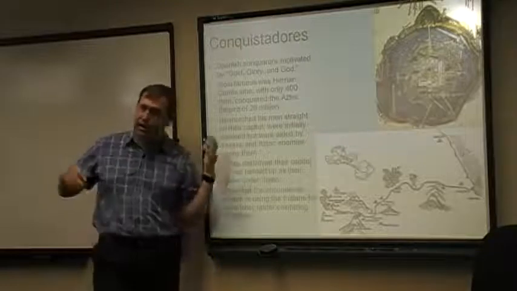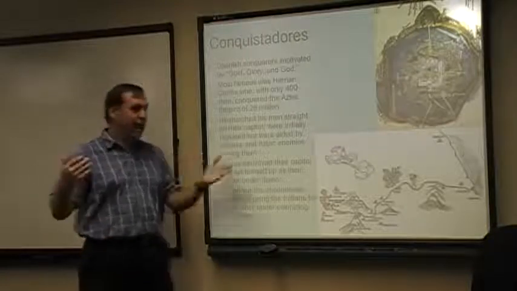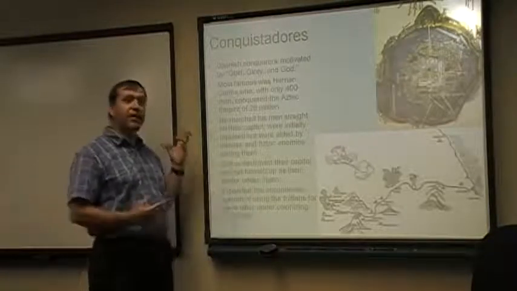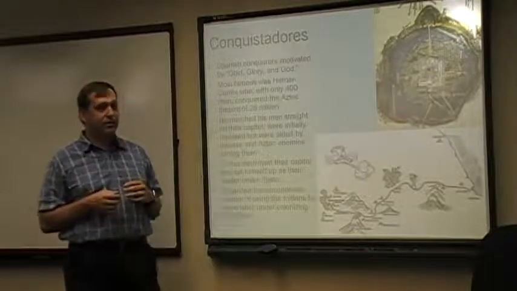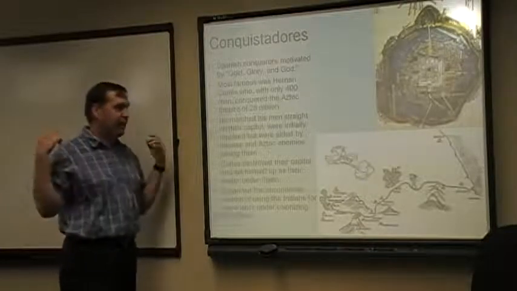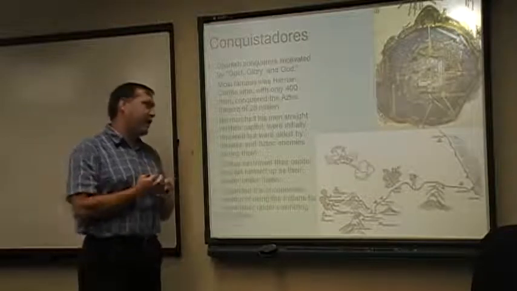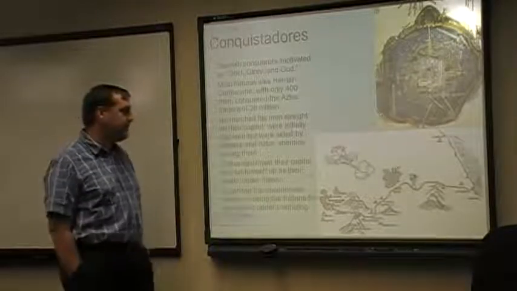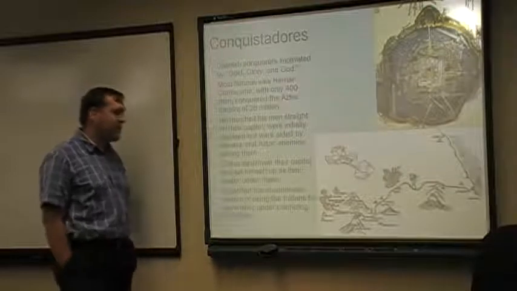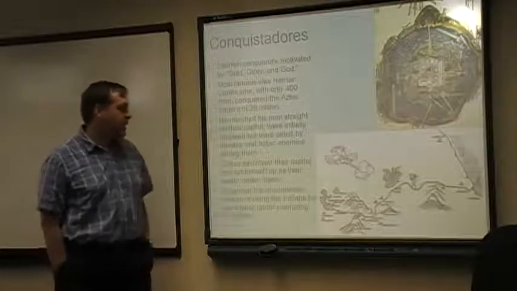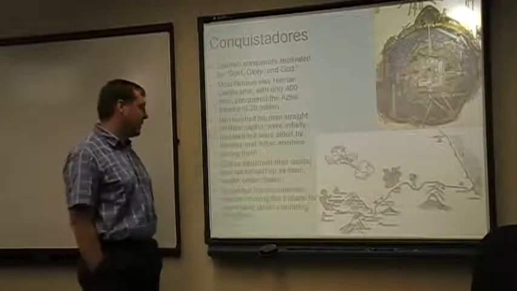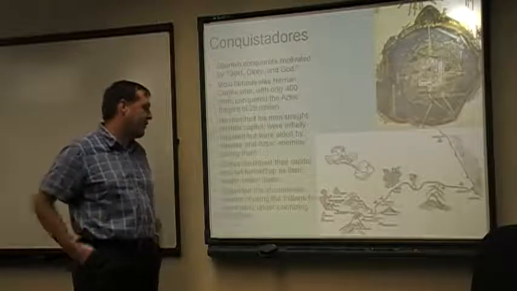Cortez shows up, though. Hey, you guys hate the Aztecs? Yeah. Well, we hate the Aztecs. How about you guys come with us, even out some of the numerical disparity, and we will provide the technology needed to take the Aztecs down a peg. So that's exactly what happens here: the Aztecs' enemies are going to join now with Cortez, and they're going to launch another assault a couple of years later on the capital.